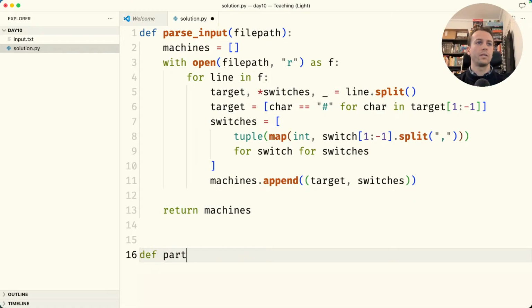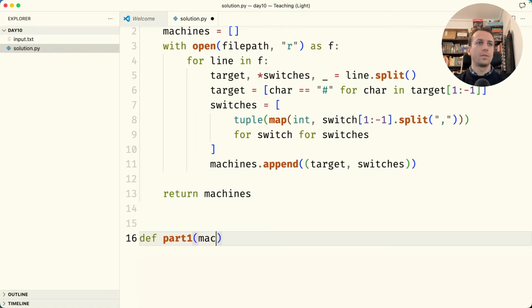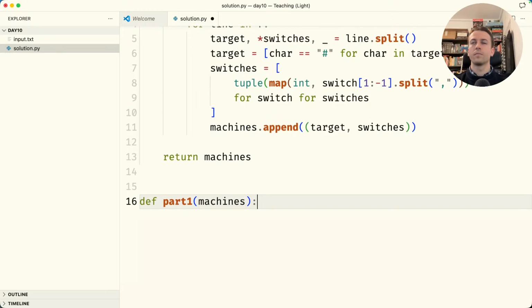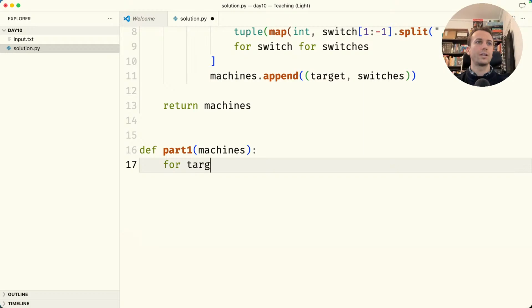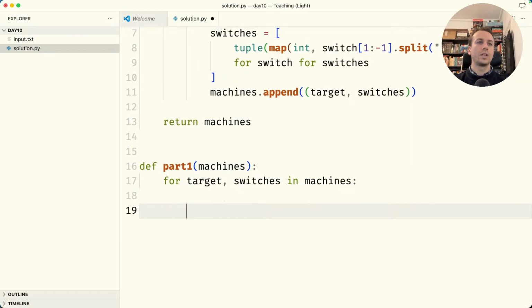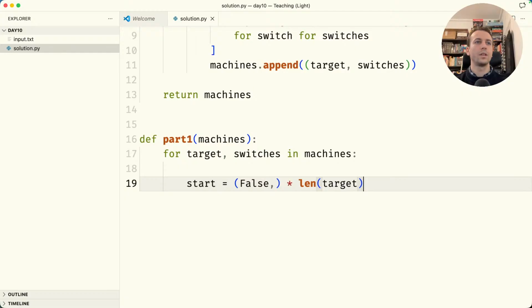Now to solve part 1, given some machines, we're going to use breadth first search. So for each target and switches in machines, we need to set up a search for the target given our starting position, which is, according to the problem statement, all false. So the start is all light bulbs are off, and we have as many light bulbs as the length of the target. This is our starting point, and now what we need to do is explore this